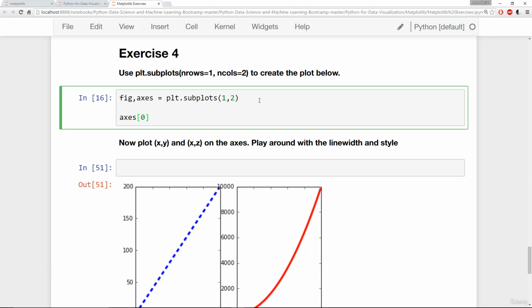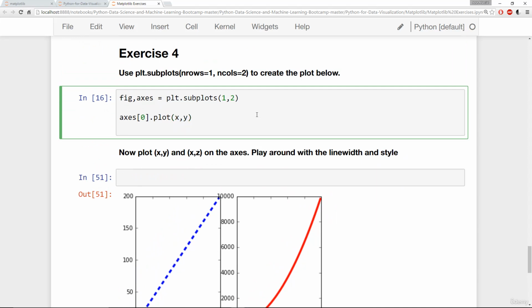Remember, we're using subplots now, so we're going to be able to iterate or call the sequence of the array of axes. So I'm saying axes 0 plot, and we'll say xy, and on axes 1 we'll go ahead and plot